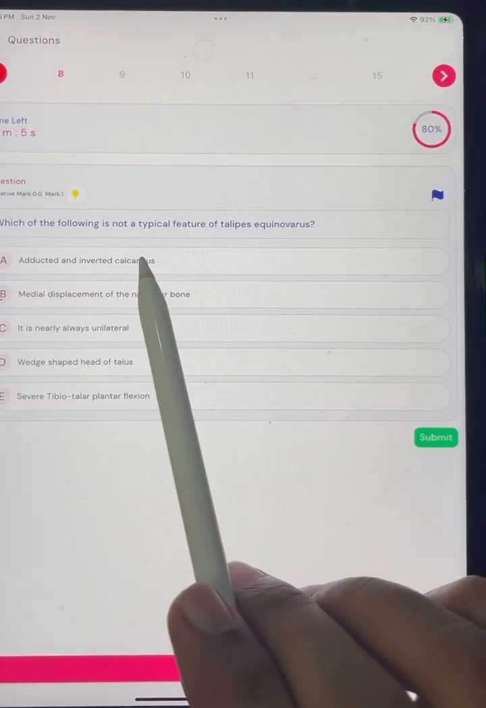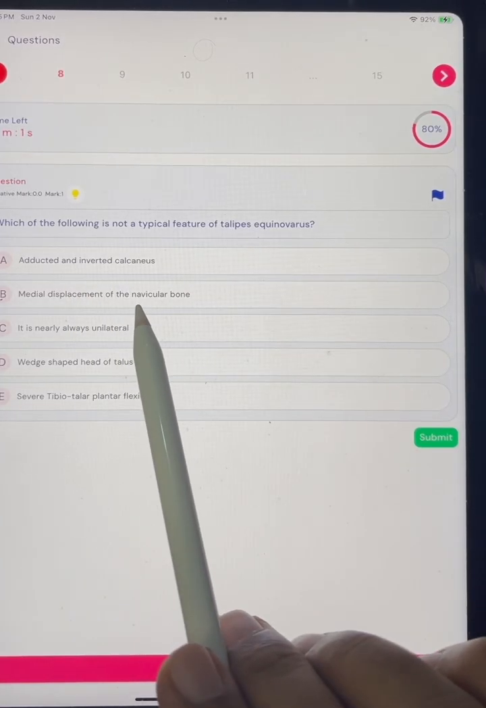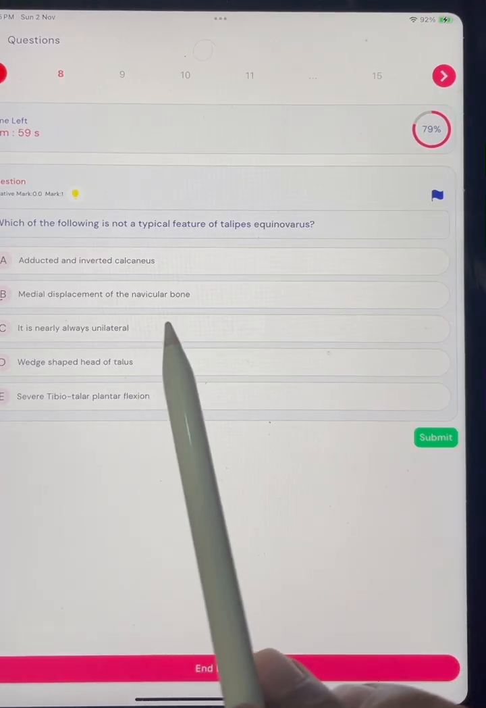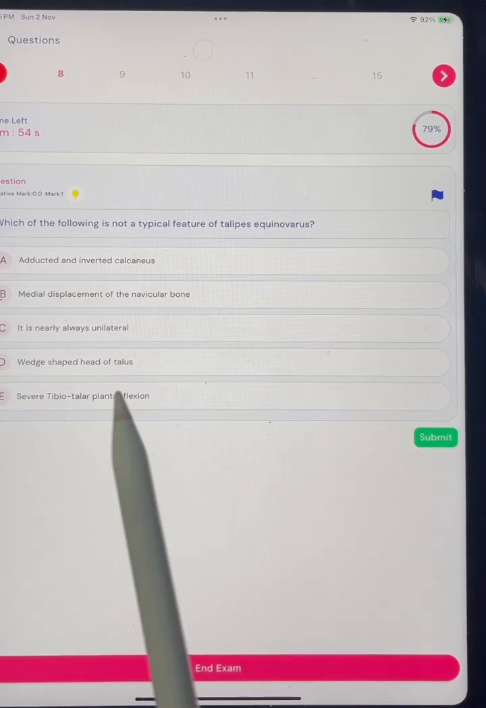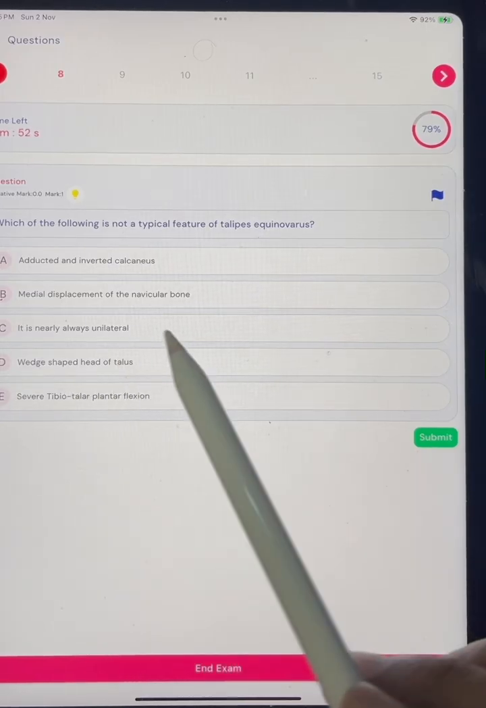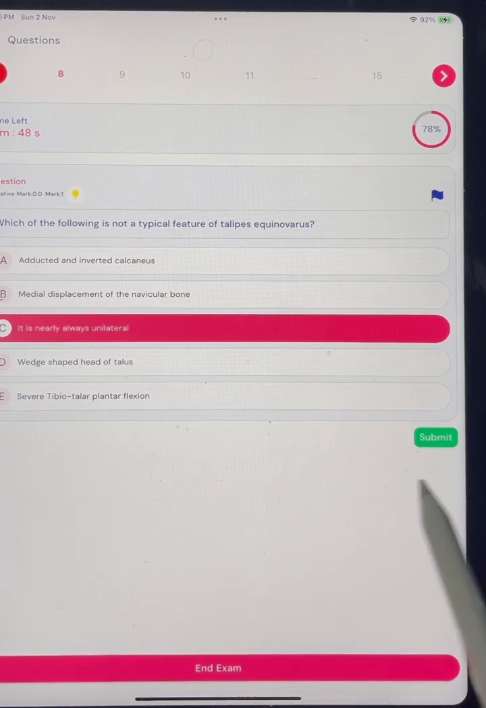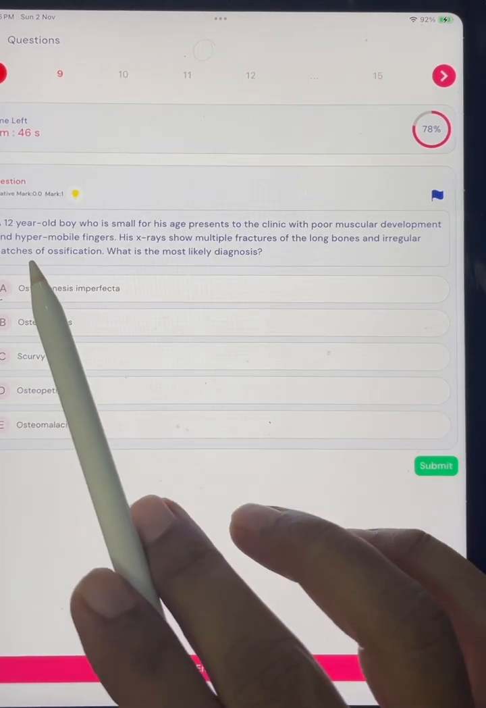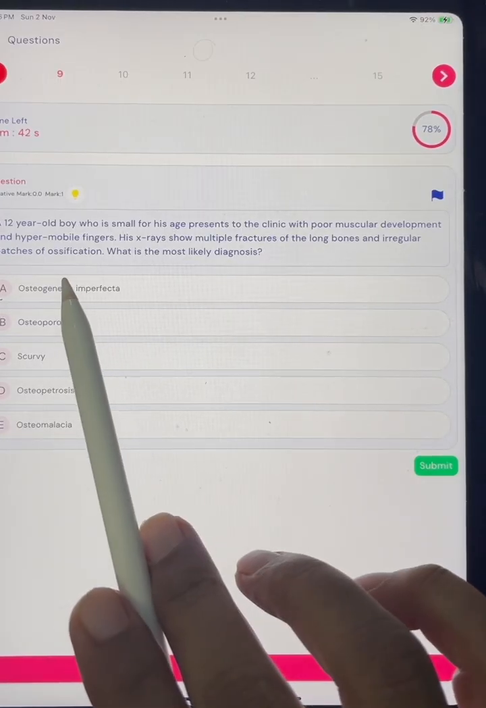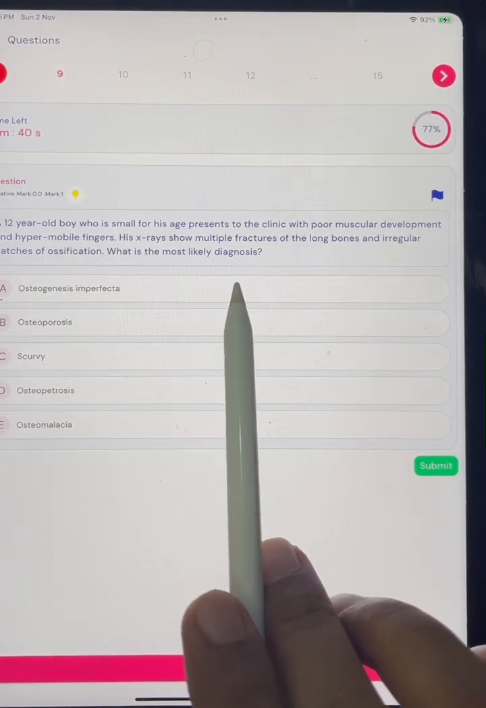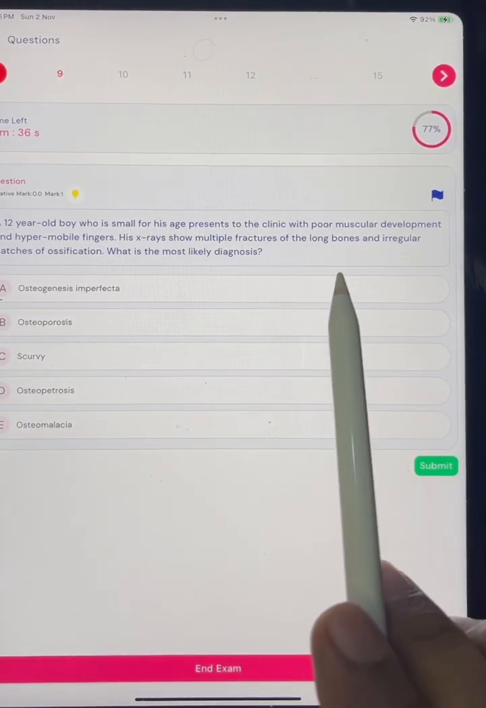Which of the following is not a typical feature of talipes equinovarus? Adducted and inverted calcaneus, this is there. Medial displacement of navicular bone, this is also there. It is always unilateral? No, it can be bilateral. Wedge-shaped head of the talus, severe plantar flexion. A 12-year-old boy who is small for age presents to the clinic with poor muscular development with hypermobile fingers. X-ray showed multiple fractures, irregular patches of ossification,